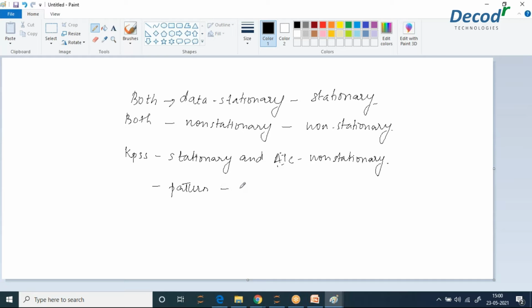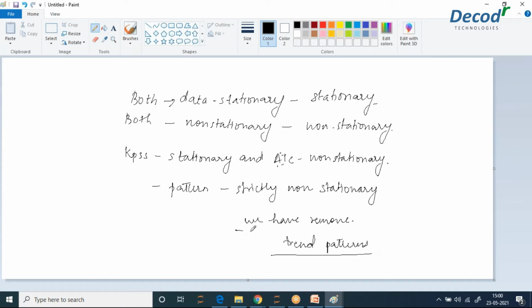So what we have to do to make it strictly stationary is remove trend patterns.